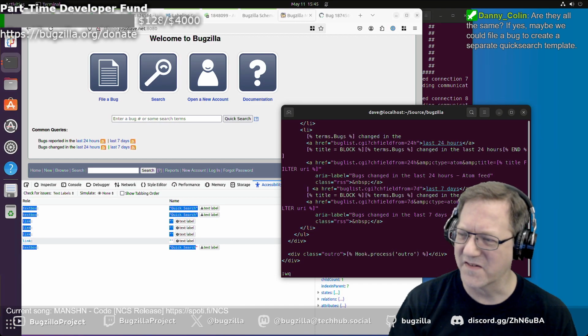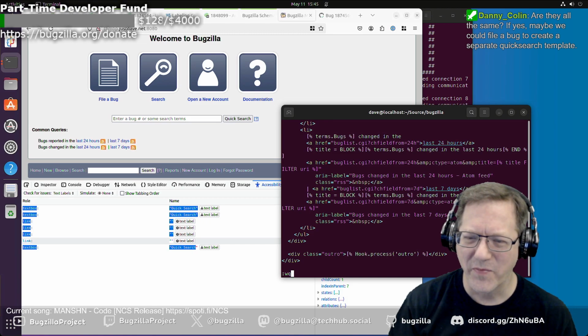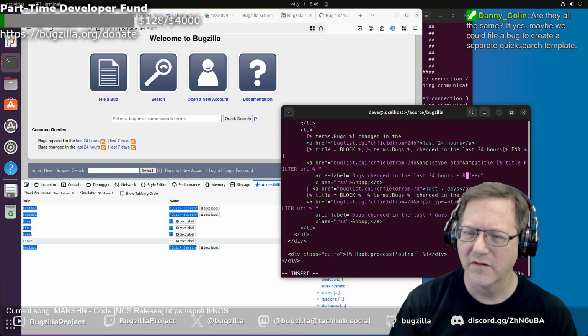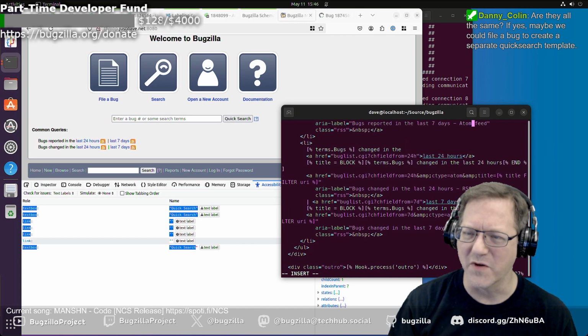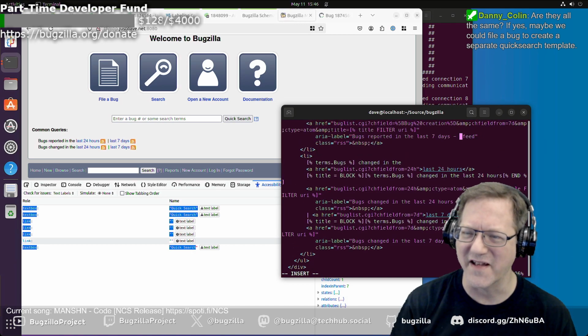Should I say RSS instead of Atom? People know what that is better. Probably should. People are much more likely to know what RSS is, even though it's technically not correct. But